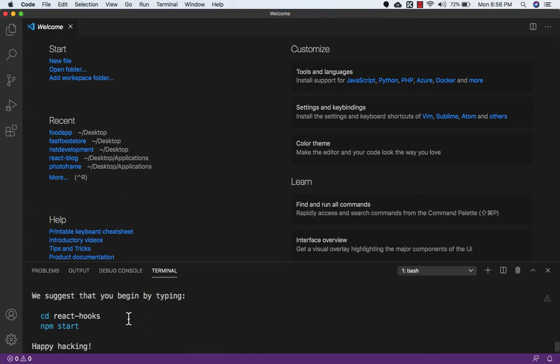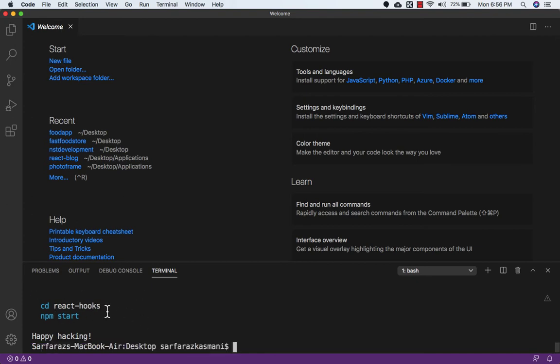So now our project has been created. Now we need to go inside our project folder. So for that we need to write cd react-hooks, the name which we gave for this project.